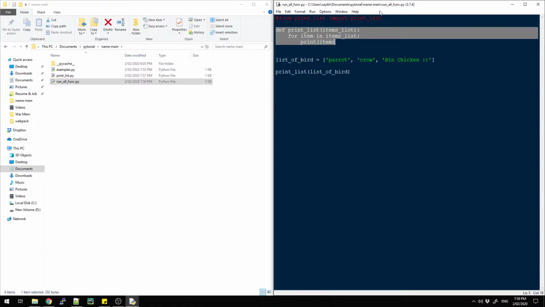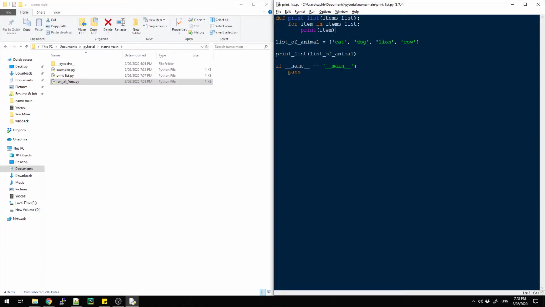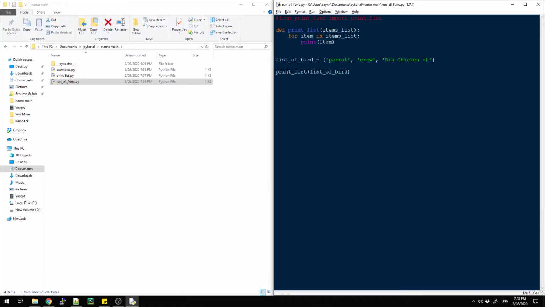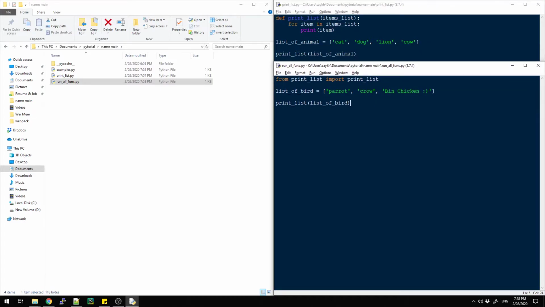The problem is I'm rewriting code. So in future, if I want to change something in this function over here, I need to go back and change this function as well. I'm actually going to need those changes over here on the list of birds as well. So the best way to do that is to import the function from the other file: from print_list, which is this module here, import print_list, the function itself. So we will import that, and